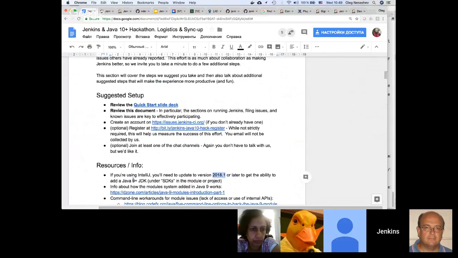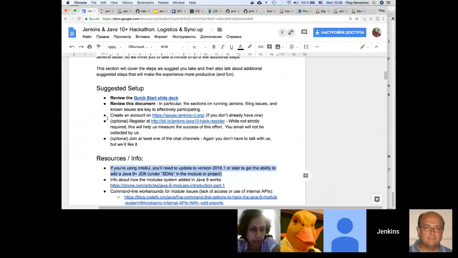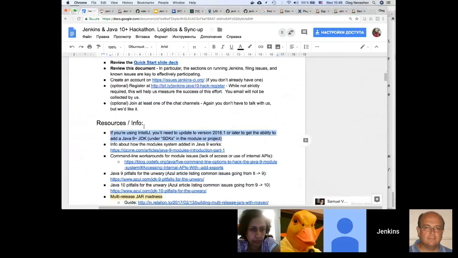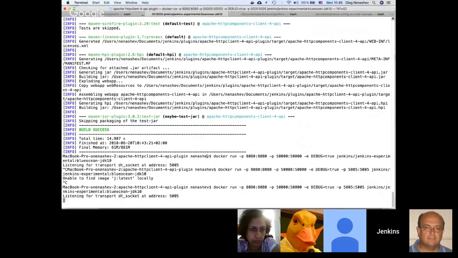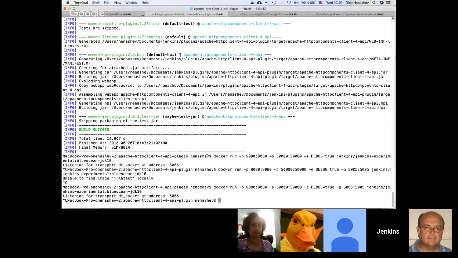In my case, I use an older version, so probably it just doesn't work with Java JDK 10 tooling. So if you're interested, also start from these guidelines, and there are some tips and tricks which you need to be aware of. Okay, that's the idea.